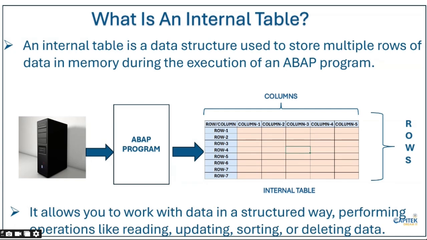Okay, so I think we are good with the definition of the internal table. It simply says it is a data structure which can hold multiple rows in the memory during the execution of an ABAP program. So remember, it holds the memory only during the execution of an ABAP program. So it means an internal table is temporary